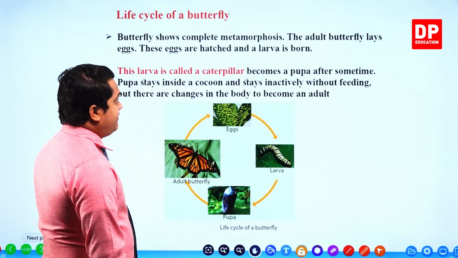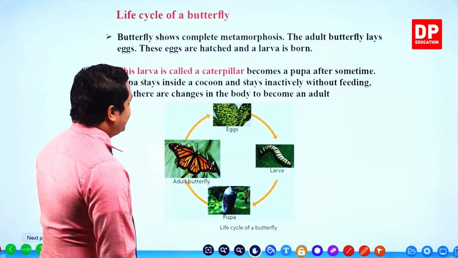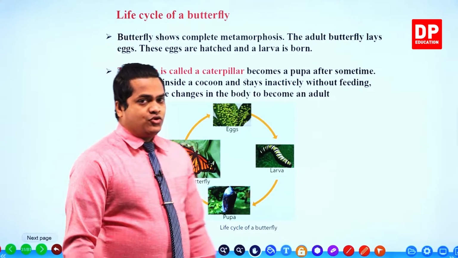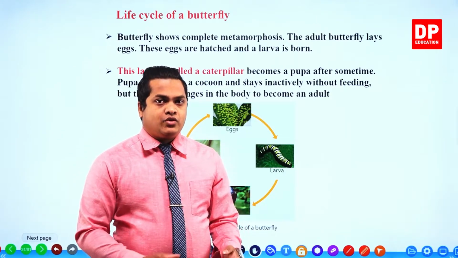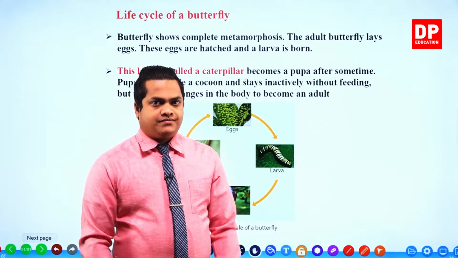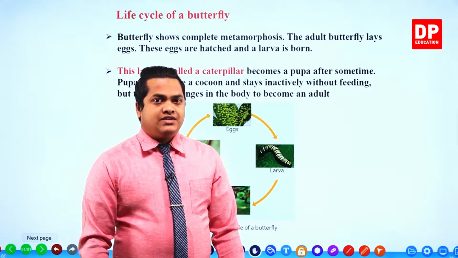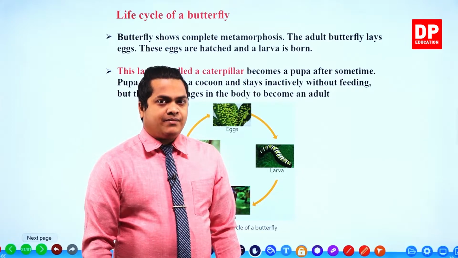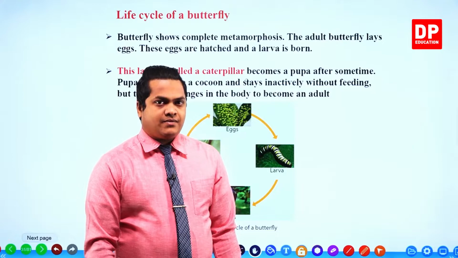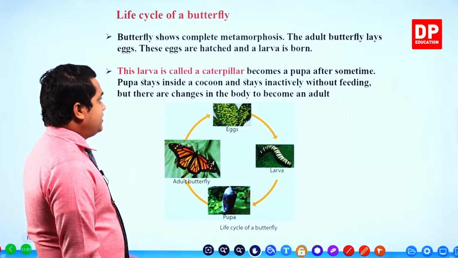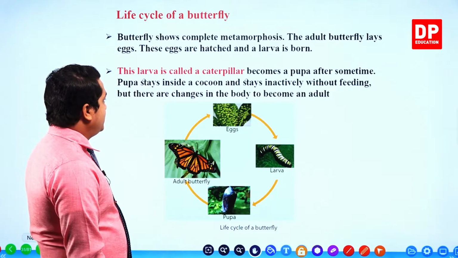The adult butterfly lays eggs. These eggs are hatched and a larva is born. Now, as usual, the adult is the one who is going to lay eggs and these eggs are hatched to create a larva. Okay, the larva is the second stage of the life cycle of a butterfly. You know that this larva is referred to as the caterpillar, right? So let's move on. This larva is called a caterpillar